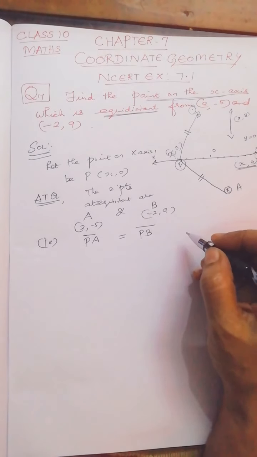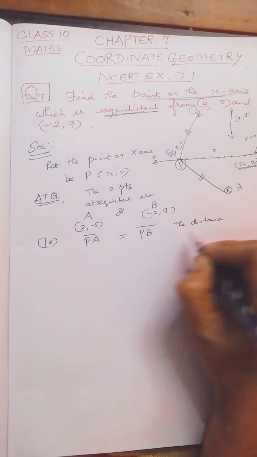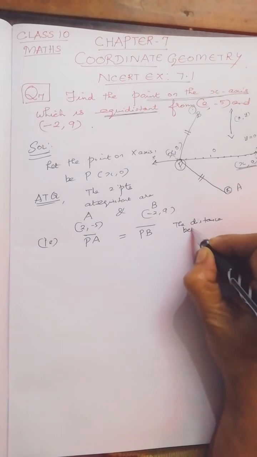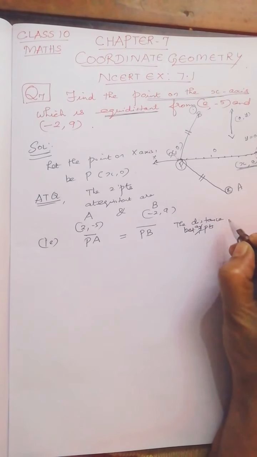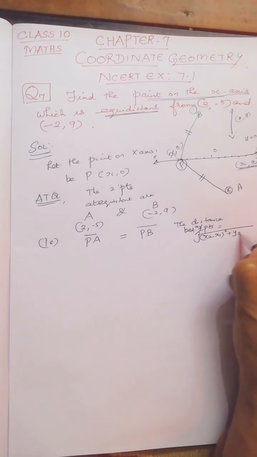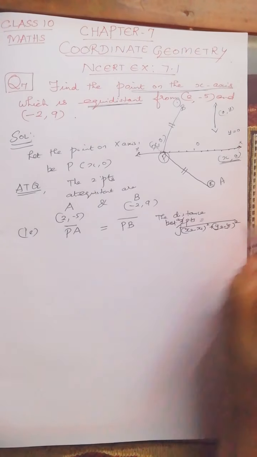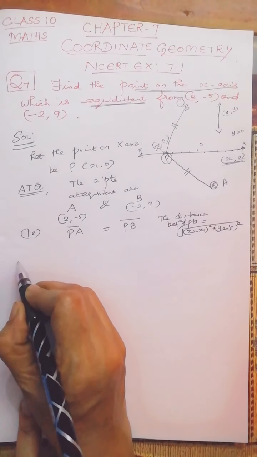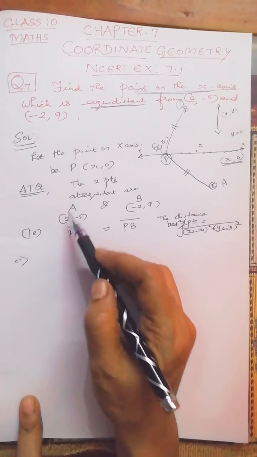We all know the distance between 2 points, so we have to apply the distance formula. The distance between any 2 points is given by the square root of (x2 minus x1) the whole squared plus (y2 minus y1) the whole squared. P is (x, 0). So PA will be